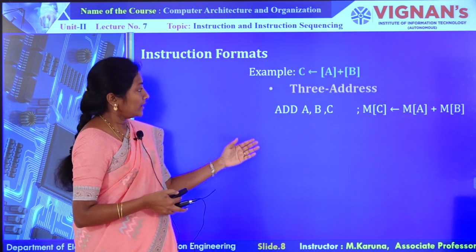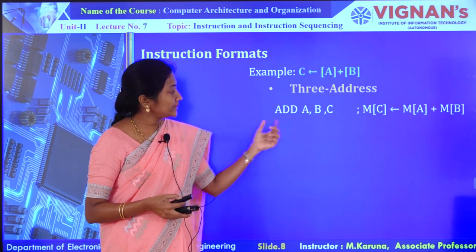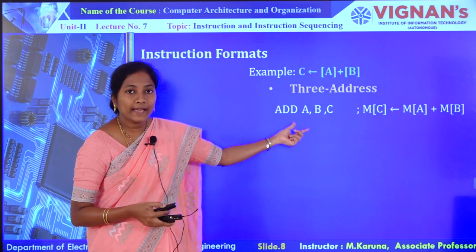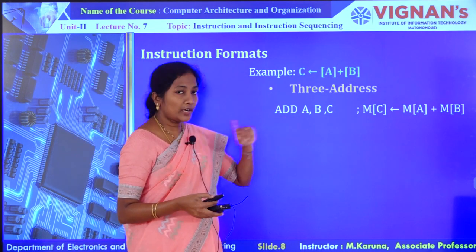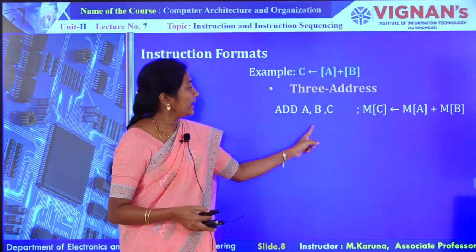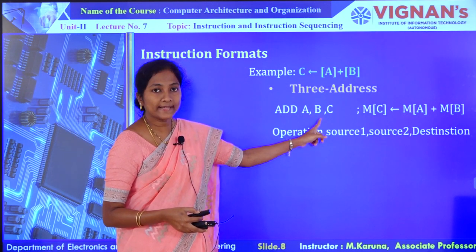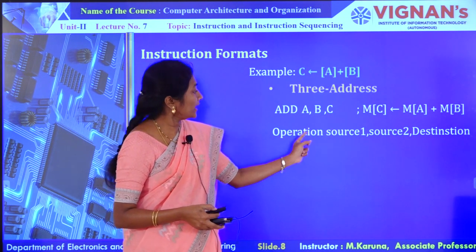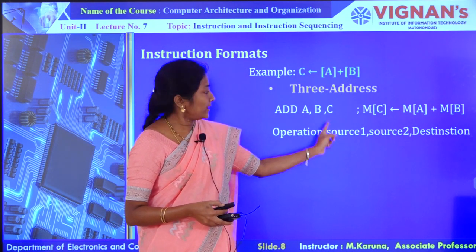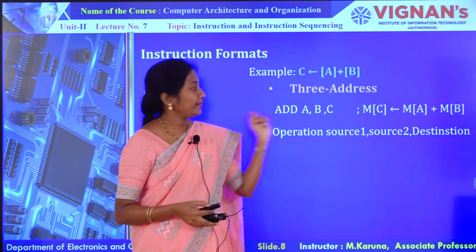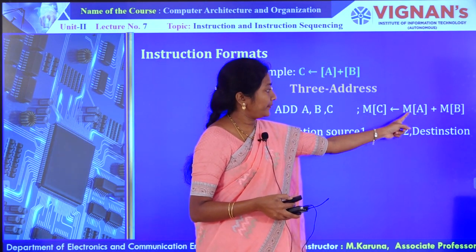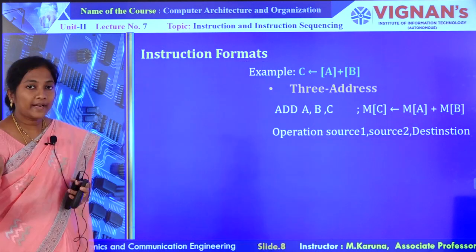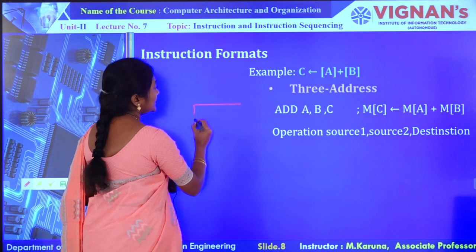Okay. So, here we can use 3 variables in case of 3 address instructions. Okay. So, add A comma B comma C. So, I already told you A and B act as source operands, C acts as a destination operand. Okay. So, here A is source 1, B is source 2, C is destination. Okay. So, here A is label assigned with the memory location. For example, memory location